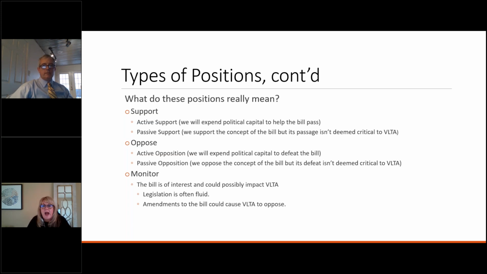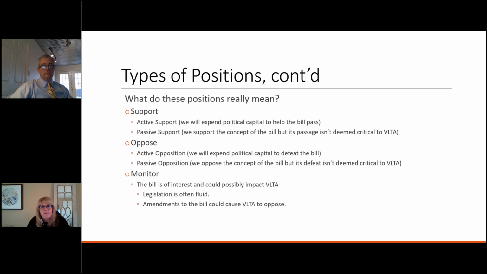We're going to be actively speaking to the author, the sponsor of that. We're going to be talking to other stakeholders to see if they agree with us that this is not something we want to see move forward. We're going to be talking to other members of the legislature to try and help educate them on why this is a problem. So it's the exact process as when we are actively supporting. It's just that our position is a thumbs down, and we're going to try and explain why that is.